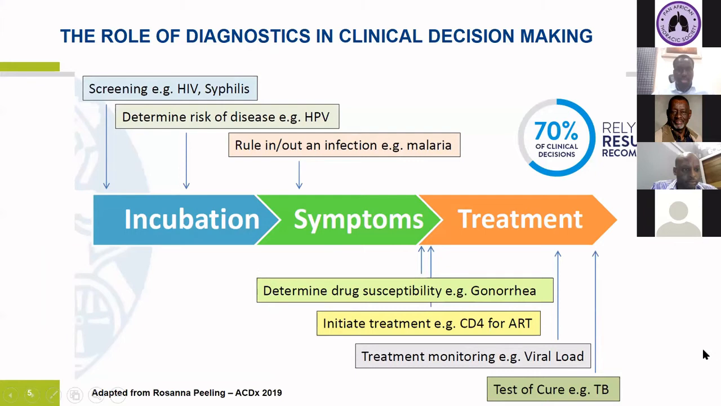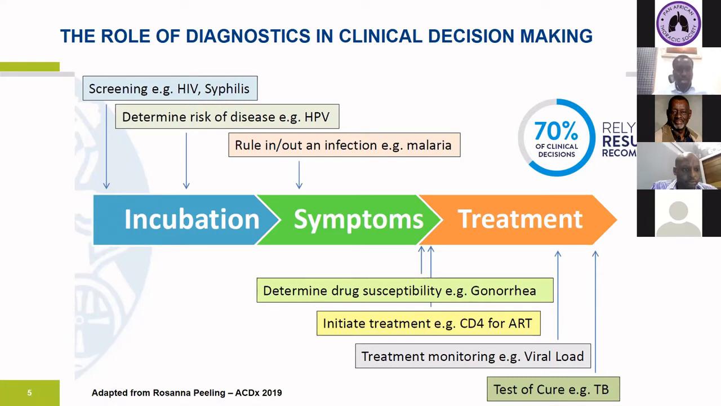various infectious diseases. And this slide, basically, I took it from Rosanna Pilling, shows how it is playing a critical role across the patient journey, from incubation when you're trying to screen for potential infections or other conditions. Of course, when the patient presents with symptoms, you want to confirm a diagnosis by ruling in and ruling out. And then as you proceed to treatment, it can be used to monitor the various treatments. So it is estimated that over 70% of clinical decisions really do rely on test results and recommendations. But obviously this must be done in conjunction with the clinical evaluation, as well as other factors specific to that